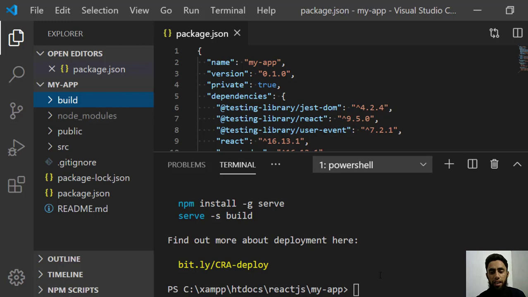Before doing that, we need to do one thing. We have a command, netlify sites create.